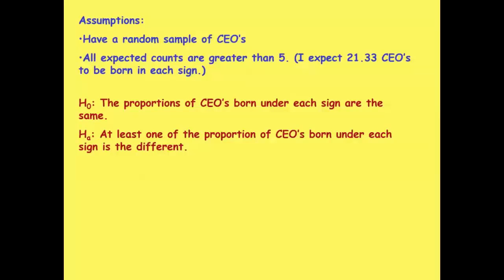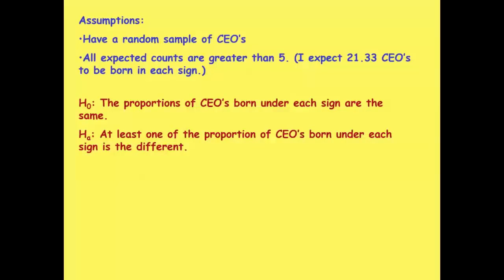For our null and alternative, the proportions of what? Well, proportions of CEOs born under each sign are the same. And then the alternative is that at least one proportion of CEOs born under each sign is different. Okay. So then what I'm going to do is set up that chi-square formula we saw a second ago. And then I'm going to show you how we can get the calculator to generate all of these